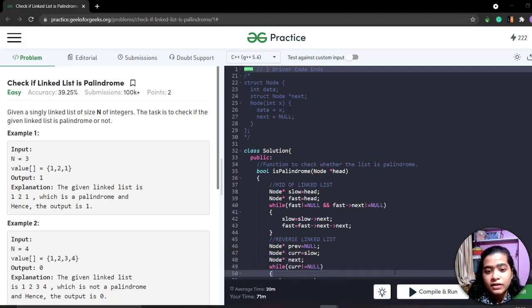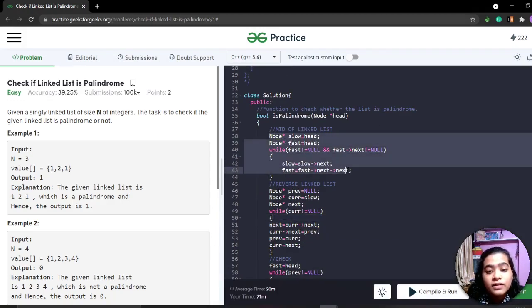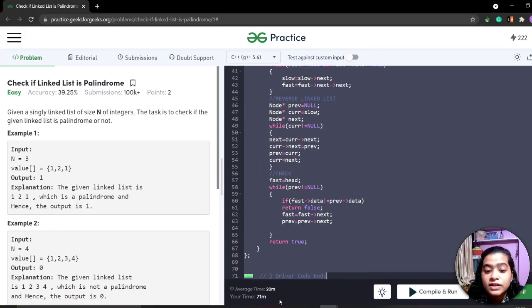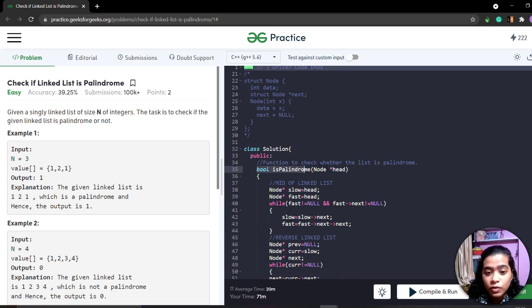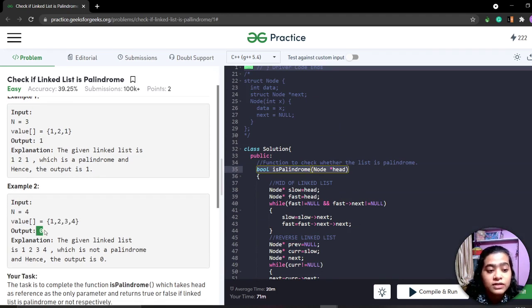Let's see the code part. This is the function for finding the middle of the linked list. This is the logic. And this is the whole function, bool, because we have to return 0 or 1. If we find the linked list is palindrome, then we have to return 1. If it is not a palindrome, then we have to return 0. That's why I have taken bool.